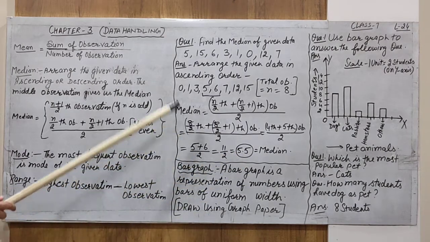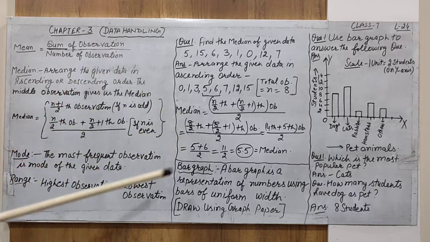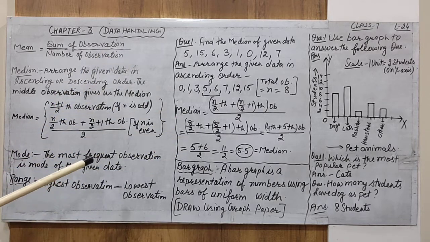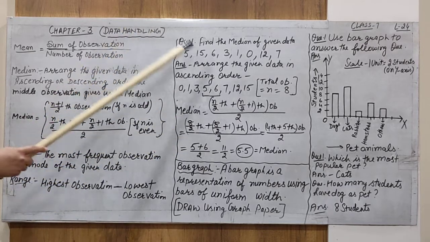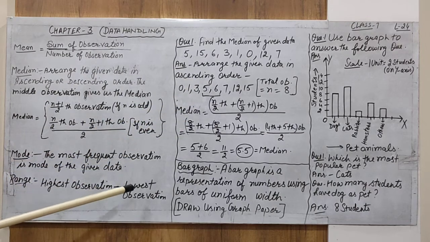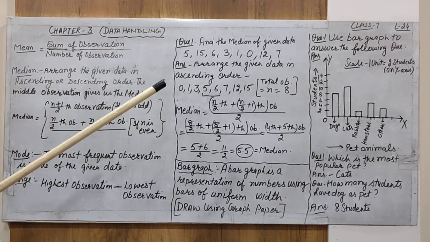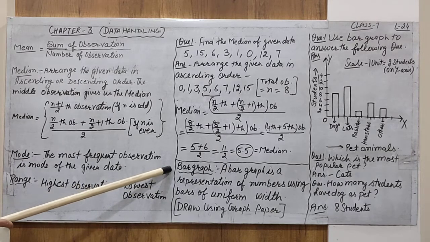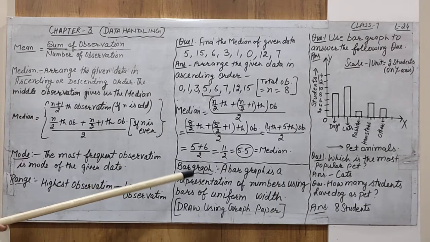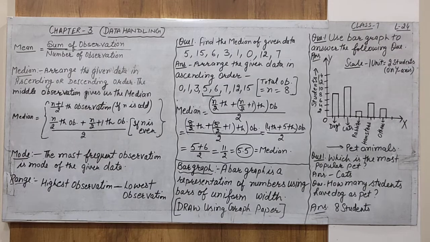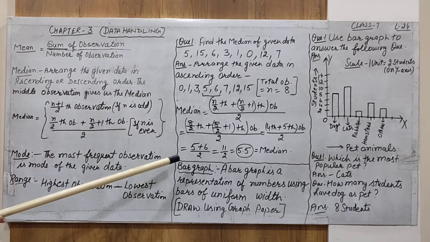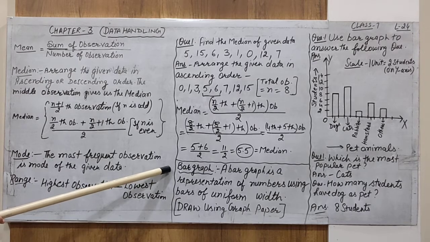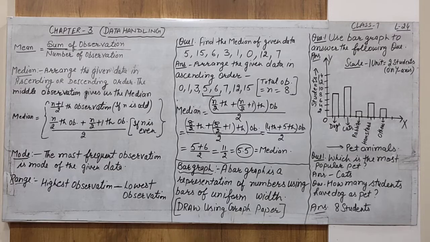Alright. Now the next topic. Up to this point you have to do from exercise 3.1 and 3.2. Only these topics have been covered up to 3.2. For the next exercise, we have to discuss the bar graph. You have already done the bar graph in the 6th class also. Now, one more time we have to do a few more questions related to the bar graph, and next is the double bar graph after the bar graph. Now, start with the bar graph.